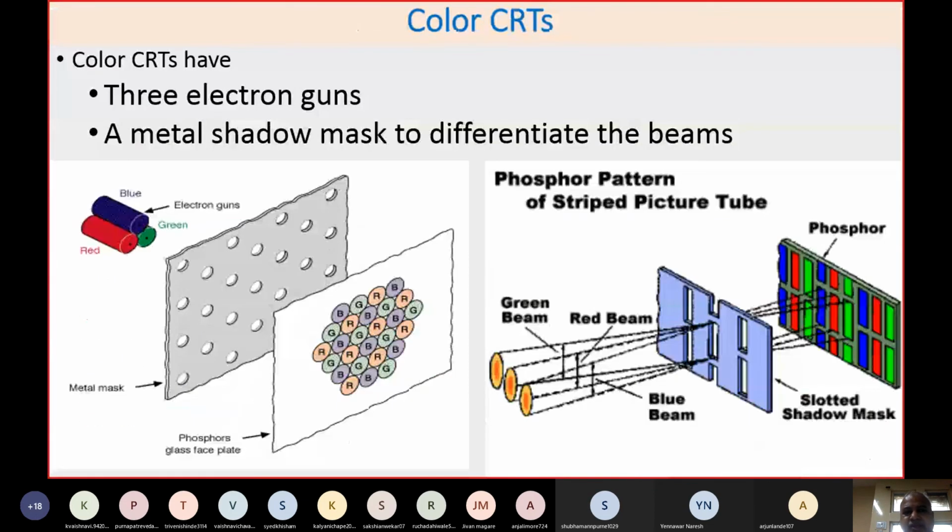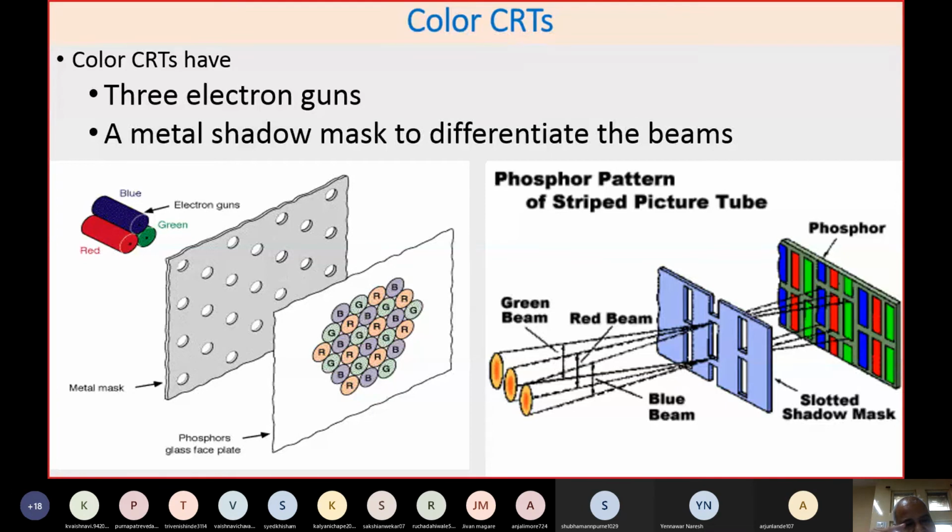Now let's see, probably you also know this, the principle of how you actually get the picture and the different colors. The very concept is that if you want colored images, you have to have three electron guns, that is RGB guns. Whatever the picture, whatever the signal coming out, in the very first slide I showed you that VGA gives you the three colors, RGB colors, the basic colors.